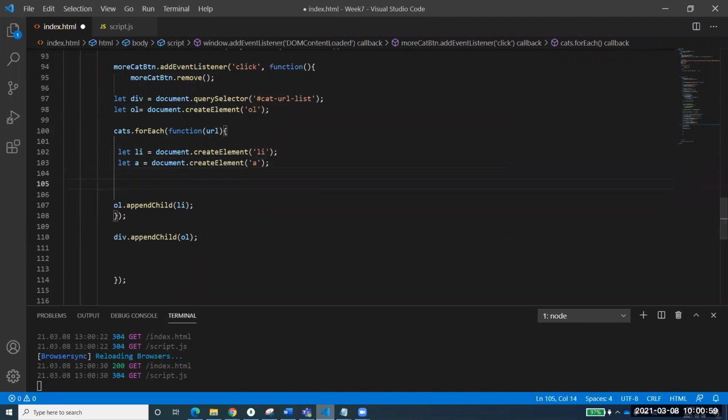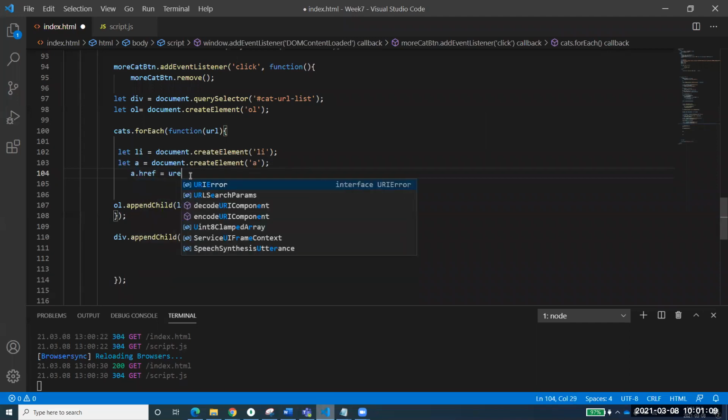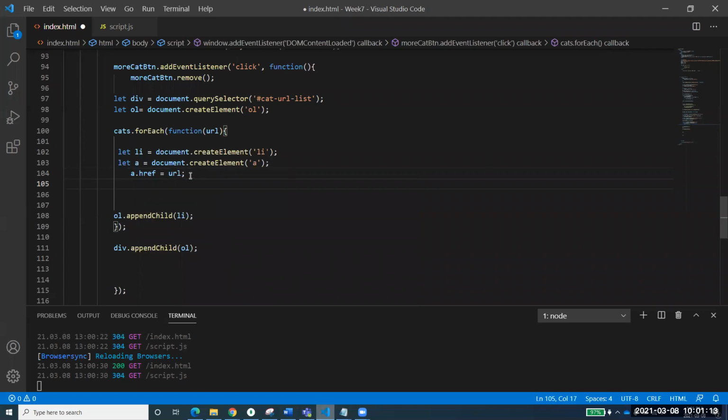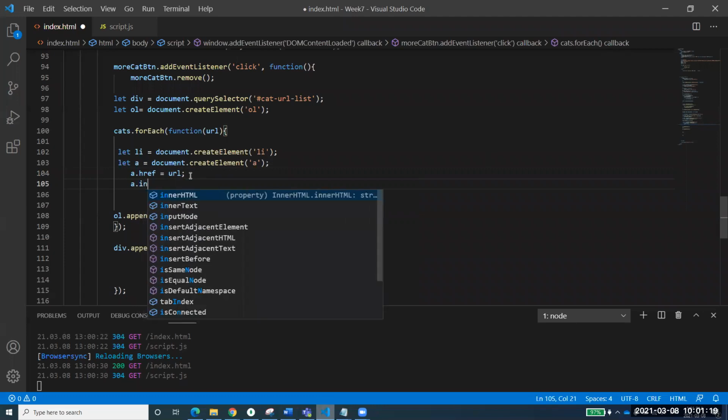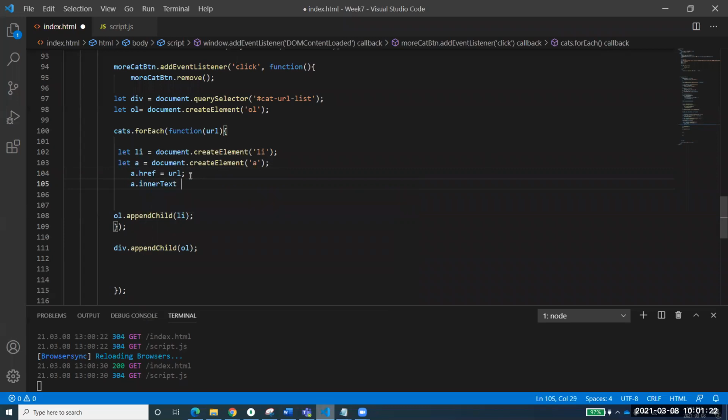And in the anchor element, this is very interesting, I want to give it an href, hyperreference, equal to URL, because I want to give it a hyperreference of URL, number one. And then I want to change its inner text as well. And I'll do a.innerText very cleanly, and that is also the URL, because I want to show the same text over there.